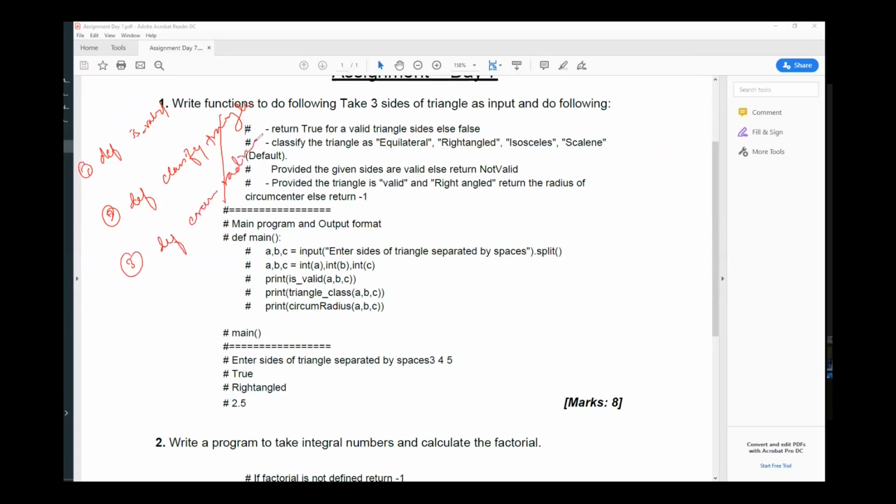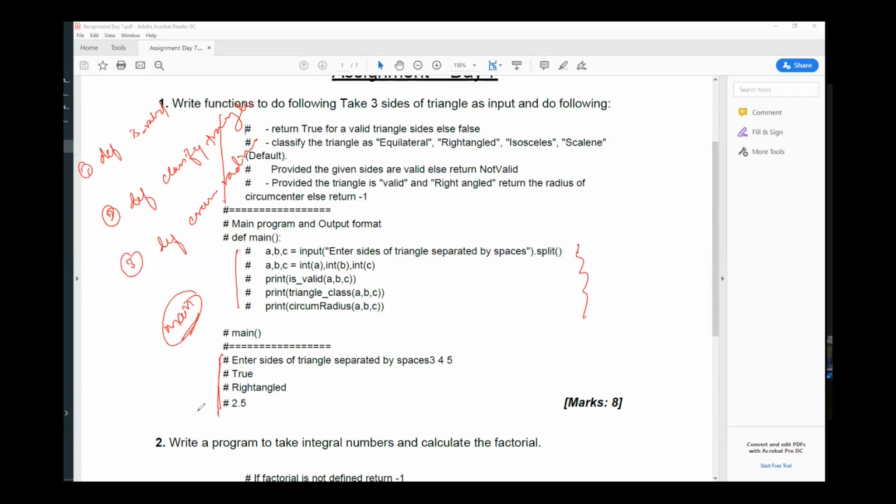Then you write a main function, because you need to call these functions. You can just copy paste this, and for this test case, this should be the output of your code.